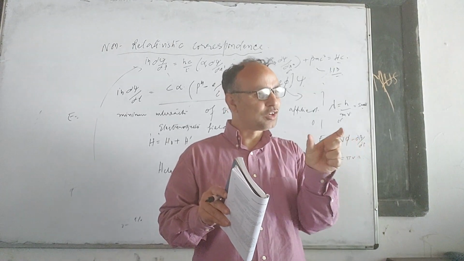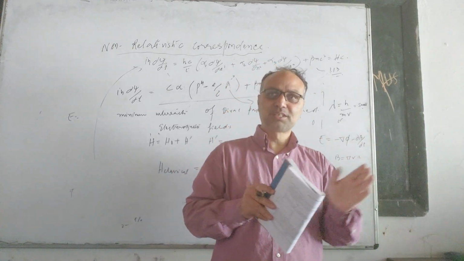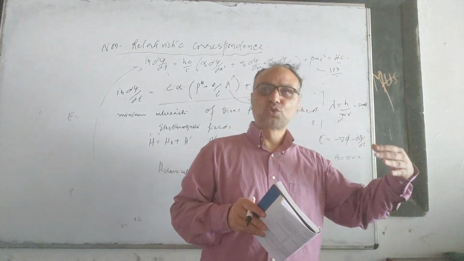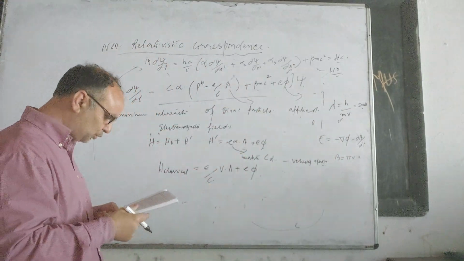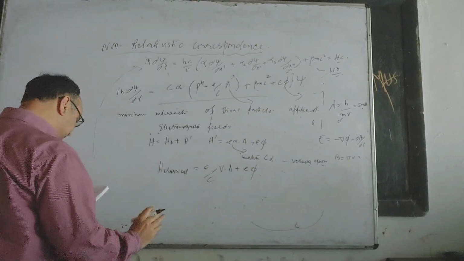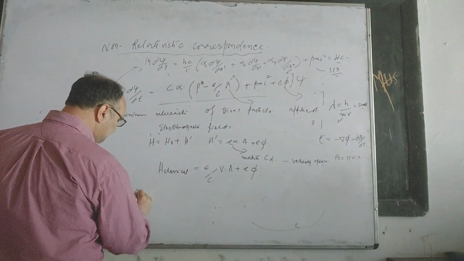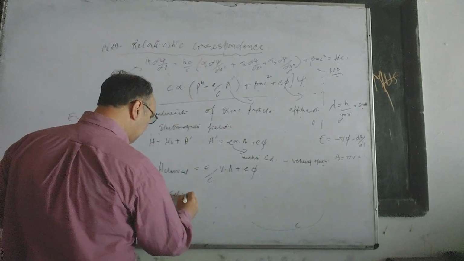In this language, the commutator is not zero there. The commutator is iota h bar, plus some terms. Yes, so that argumentation we take from there. We are going to use here that argumentation as a relativistic extension of